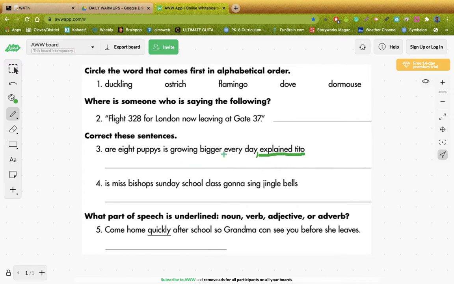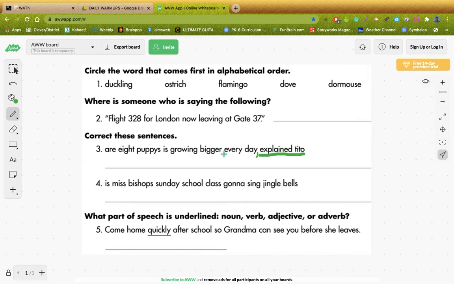That's one of those weird rules. Like if it was a question, if Tito asked a question, then you would put a question mark. If he exclaimed something and said, hey, that tree's falling, you would put an exclamation mark. But because it's just a regular statement, you put a comma there. I don't know why, and I apologize for such a dumb rule, but I didn't make it up.